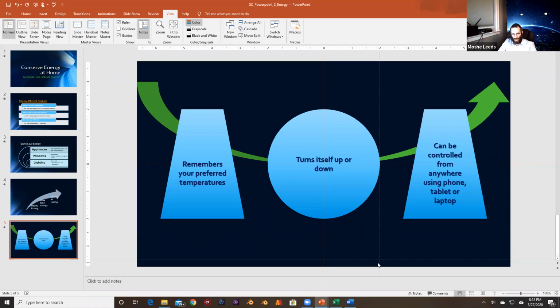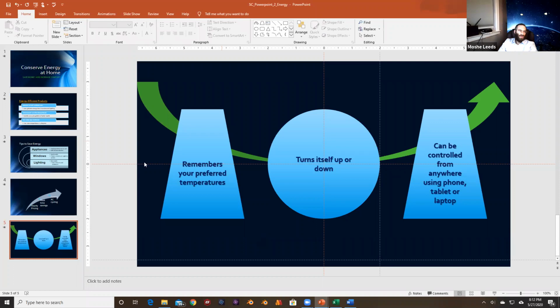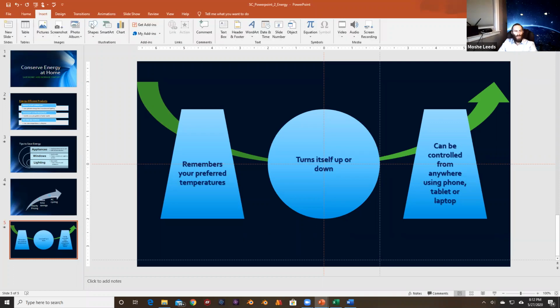Now, I'm going to be pulling out three graphics, okay? So if you remember where the graphics are, go for it. It's in Insert, and we have shapes here, okay? So with our shapes,